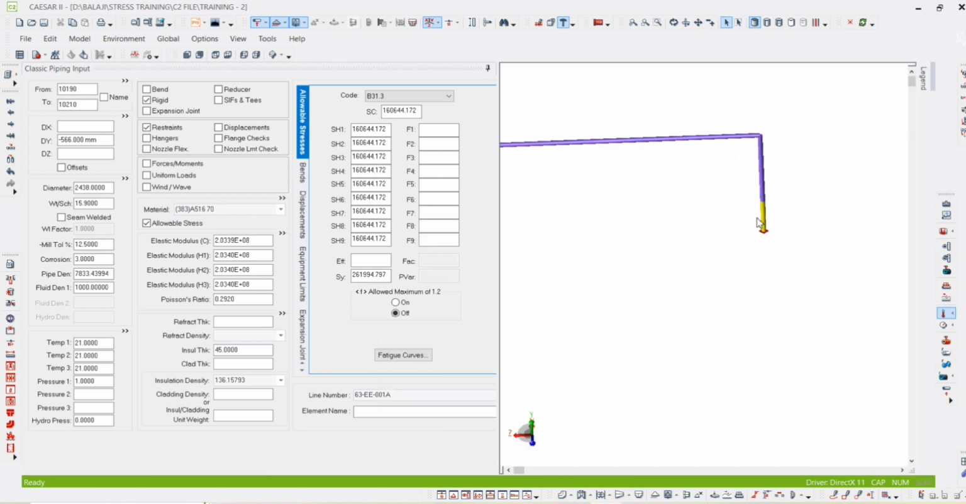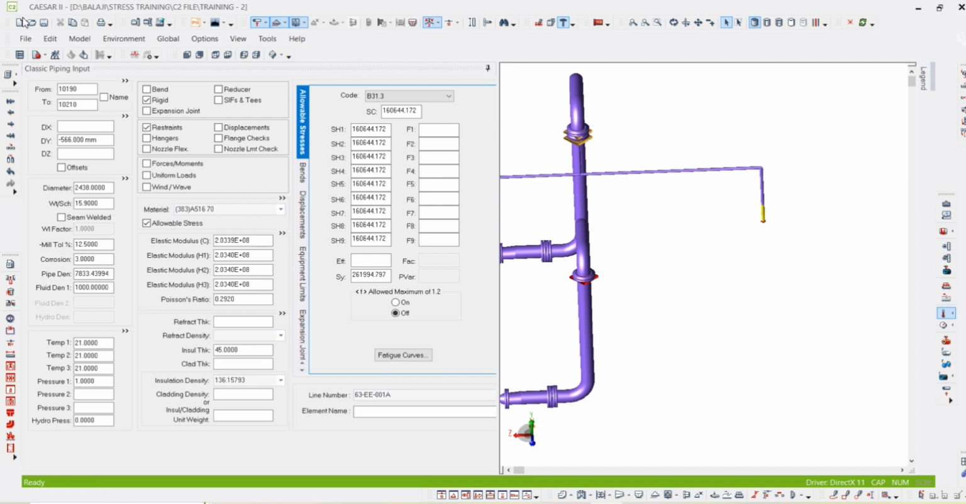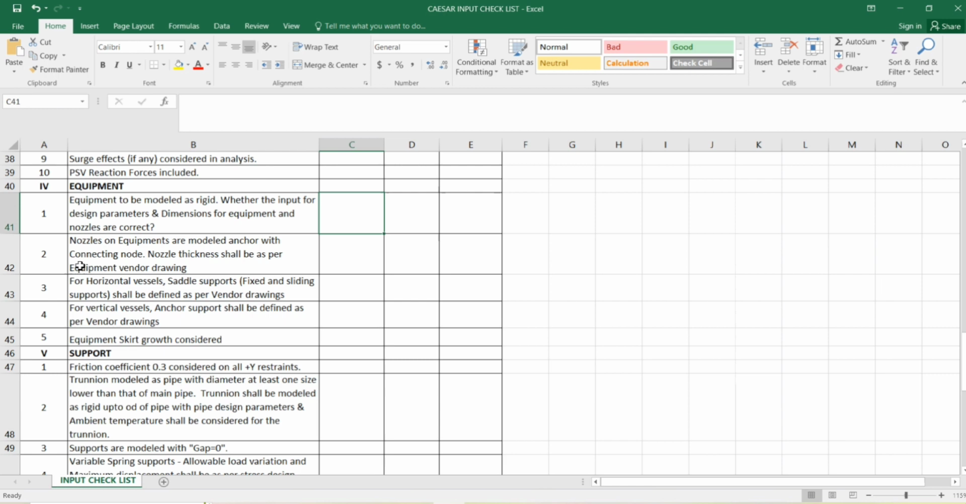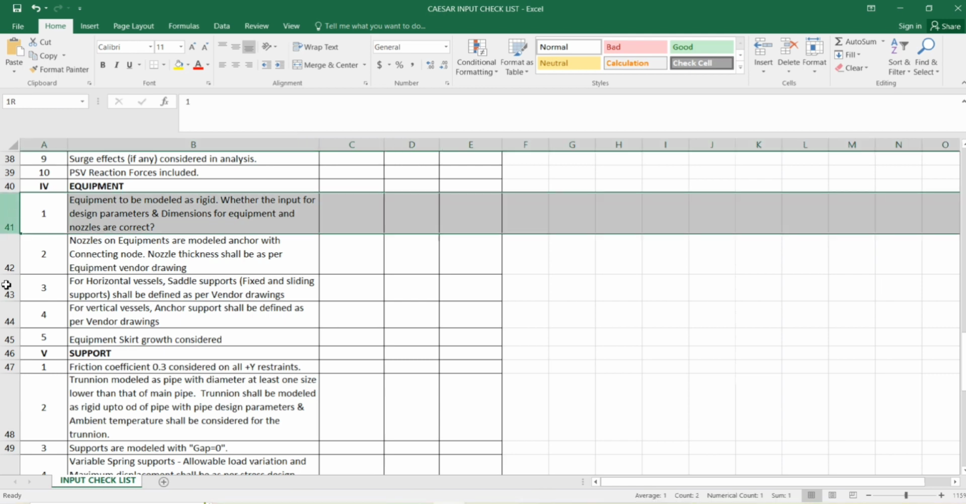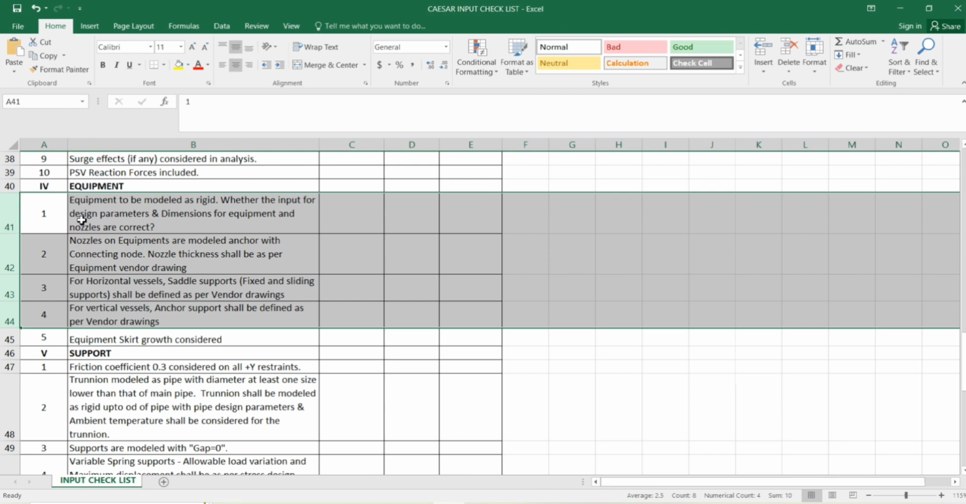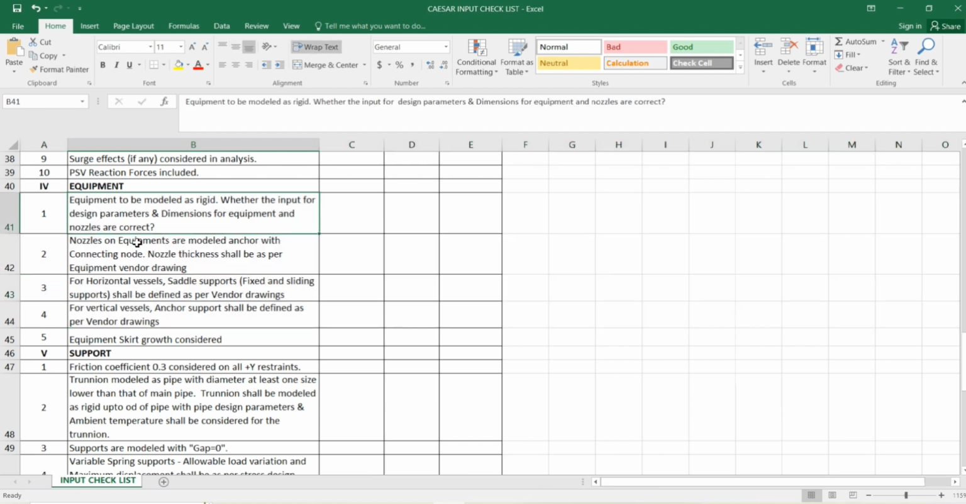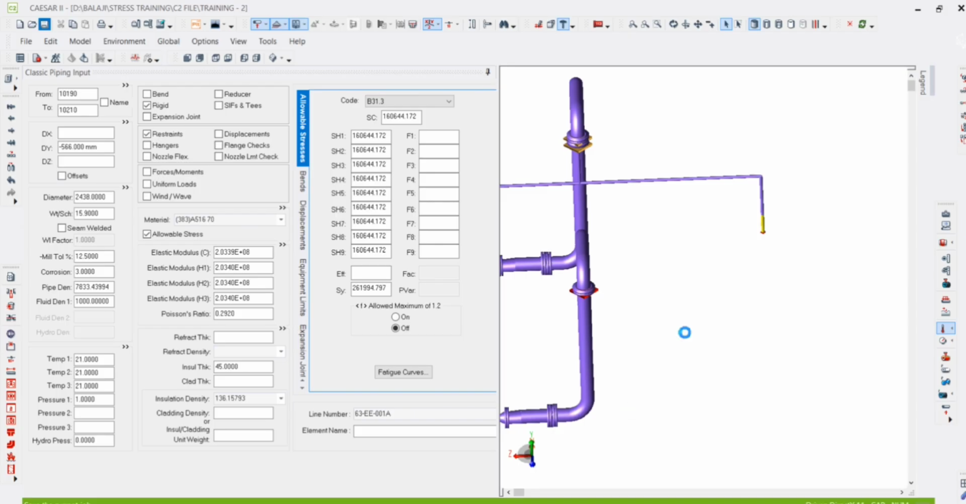Yeah, and you can see the temperature has now been changed, and the saddle temperature is correct. So here you need to change the saddle. It is considered as an anchor, so you need to change the saddle support as Y, and